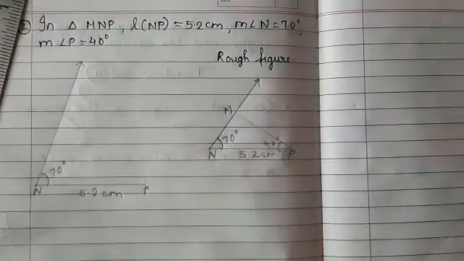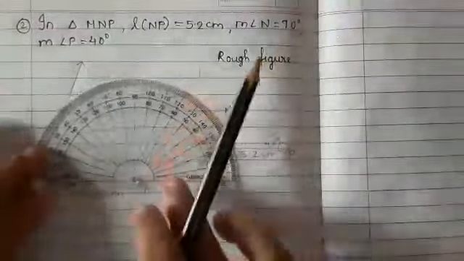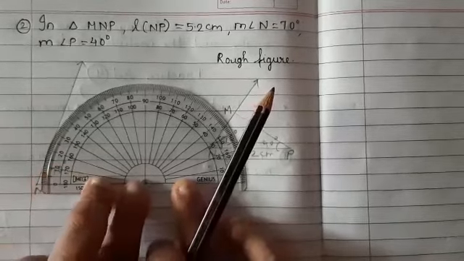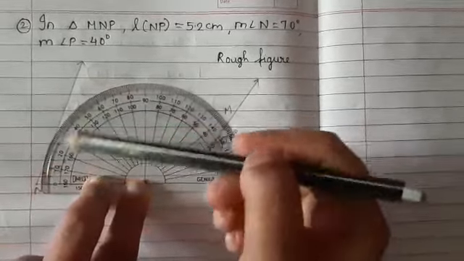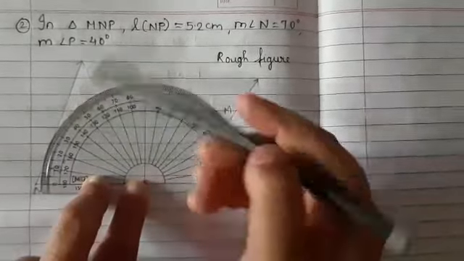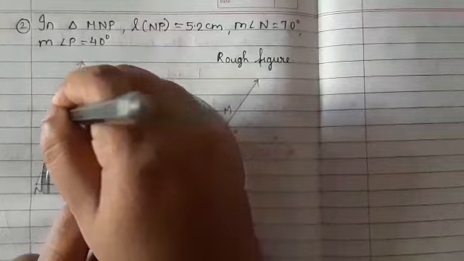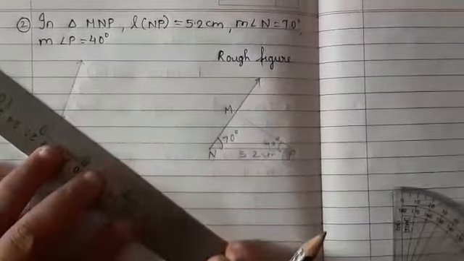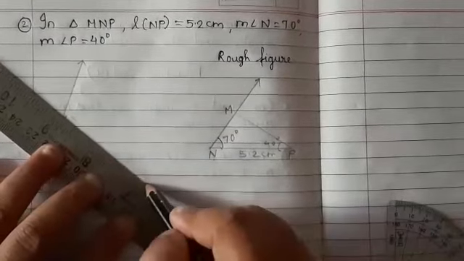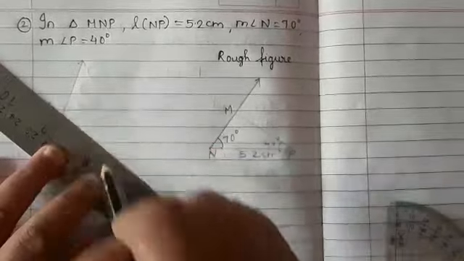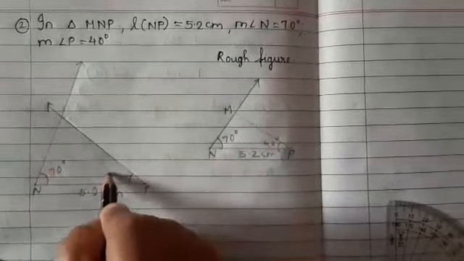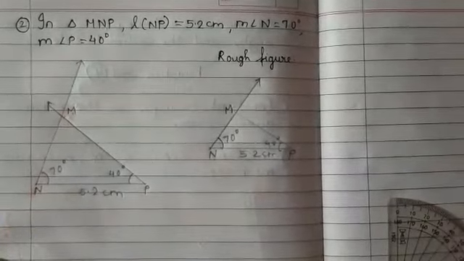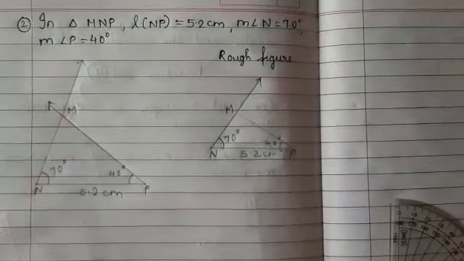Now P is 40 degree, isn't it? So I will keep the protractor on P. Now I will see my left hand side 0. Earlier I saw the right hand side 0, now the left hand, and I will search for 40 degree. So here is 40 degree. Okay, now I will remove my scale and join this point. So here I have got 40 degree, and now I will name it M. So we got triangle MNP. Is it? So is it very easy?